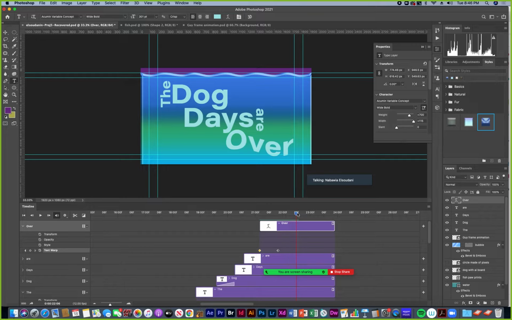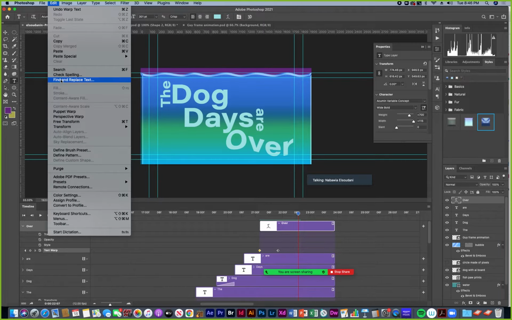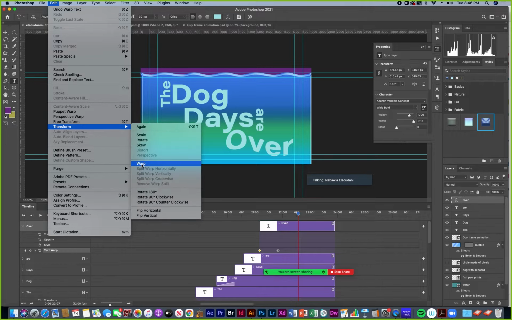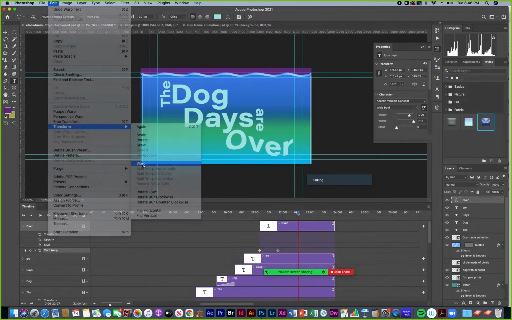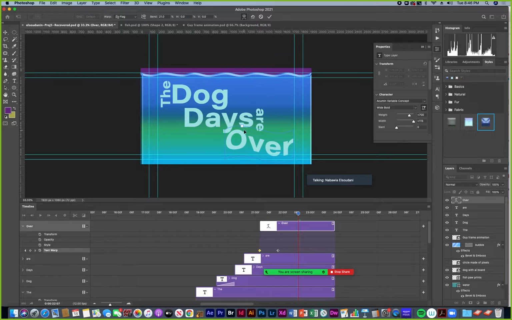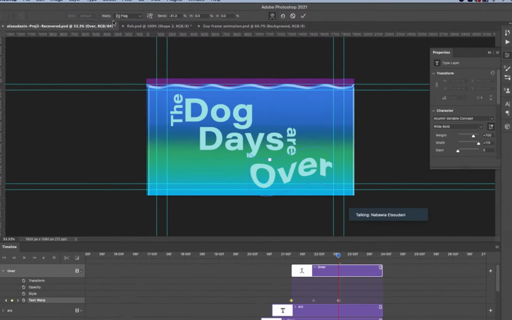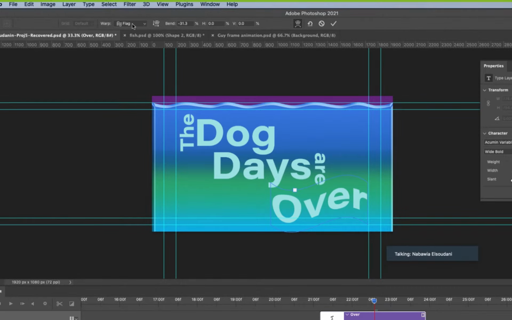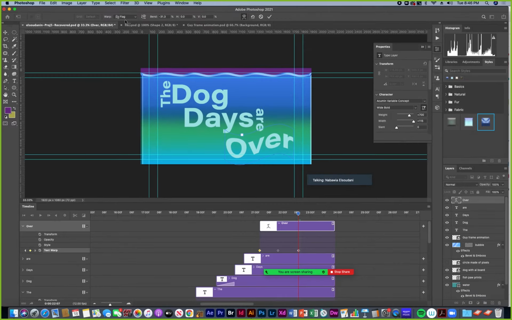Or another way is I can move my playhead forward. I can go to edit, transform, warp, and then it gives me a control I can drag on. I can choose what I want to warp. My warp options are up here as well in the control panel. That looks good to me.